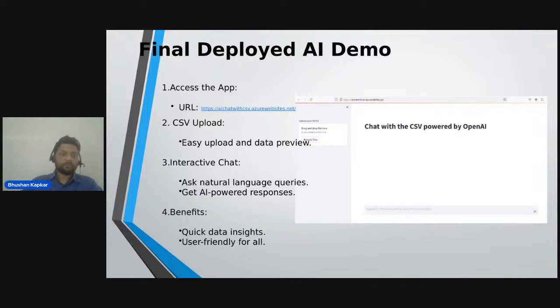We could browse the file from it. We could go to downloads and see any of your files. I just took one of the sample files out there. Once it's available with us, you could see what data you have available. This is just F&O stocks data, or it could be any of the data you wanted to upload. It tells about the different symbols, the market cap for each, and the sectors for those companies. Like Bajaj Finance is in the finance sector. So this is the data available with us, and if you wanted to ask any questions,